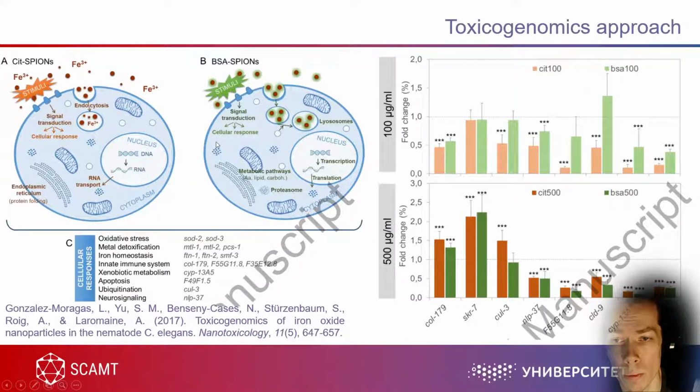And in this paper, they also studied the impact of iron oxide nanoparticles, and they screened all of the genes and measured the levels of these genes. That's why they show how citrate-coated superparamagnetic iron oxide nanoparticles, BCA-covered SPIONs, can alter the cell viability of some of the cells from C. elegans. Well, in some cases, this is a very powerful approach, but of course, it needs a lot of equipment,